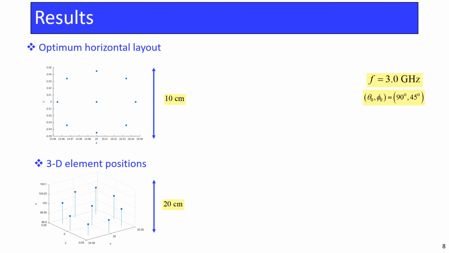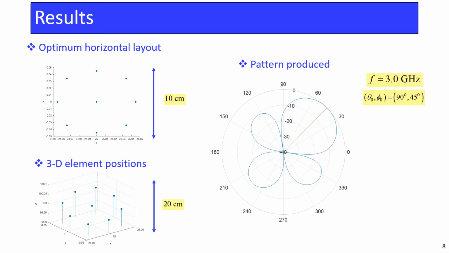The horizontal position and the resulting element distribution after the beam focusing condition is imposed are shown on the slide. Here we see that the elements can be arranged on a 10 cm by 10 cm platform that can easily be attached to a normal drone. Here is the generated pattern on a polar plot. Here we indeed see that the beam is focused at the desired direction and the maximum side lobe is just